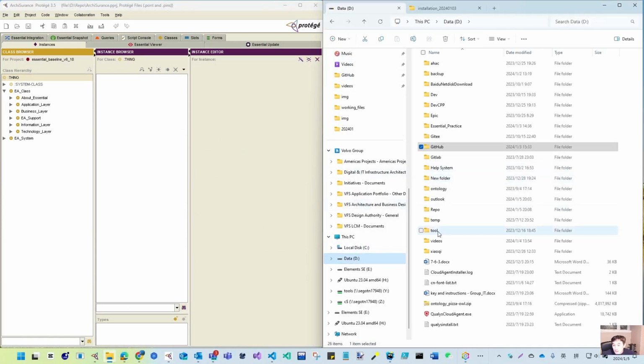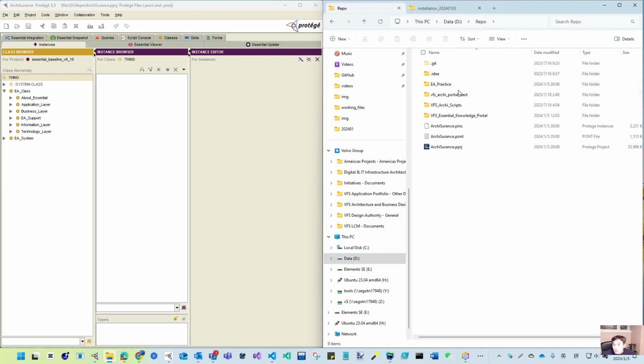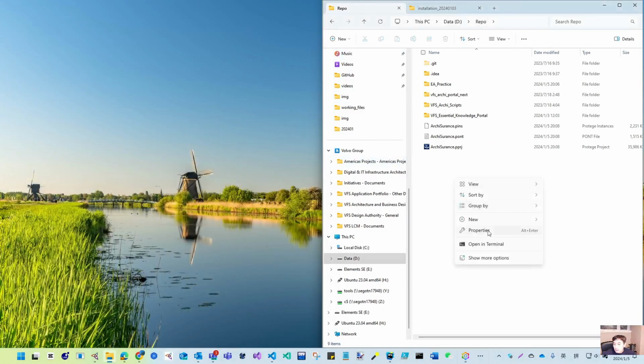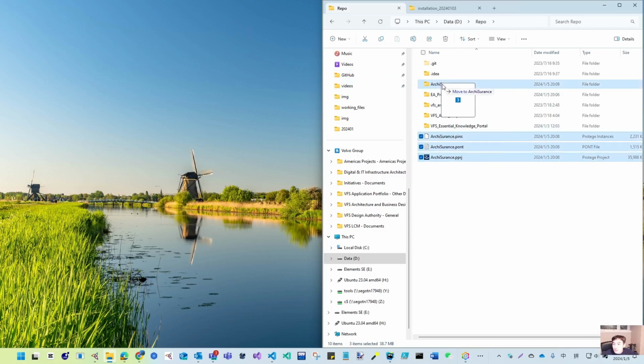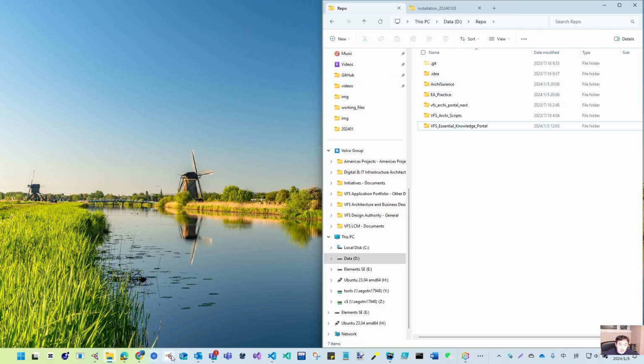Let's see from our folder. If I go to repo and go to ArchiSurance, it's tricky. They are not coming to the folder I created for that. So let's close this and I create it. We will try that in another project too, but this is not a big issue. You can create a folder and move these three files into this folder. Then open